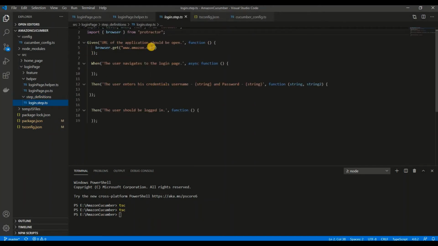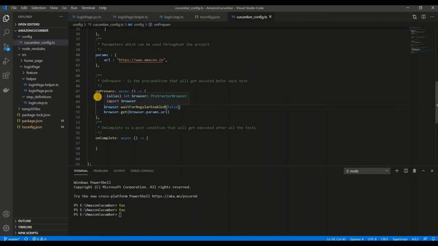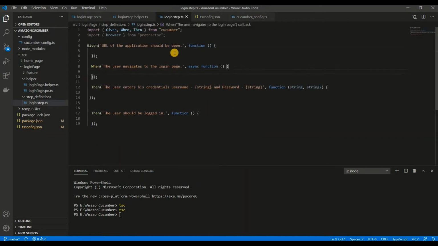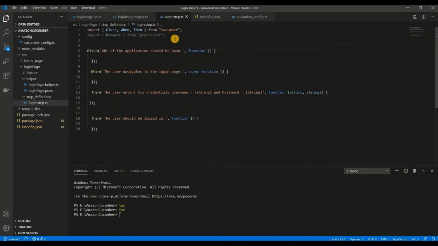What I will do is, in the definition page, I have browser.get, but we can remove this. Why? Because in the configuration file, we have already added it in onPrepare. So going back to the step file, I will create here an object